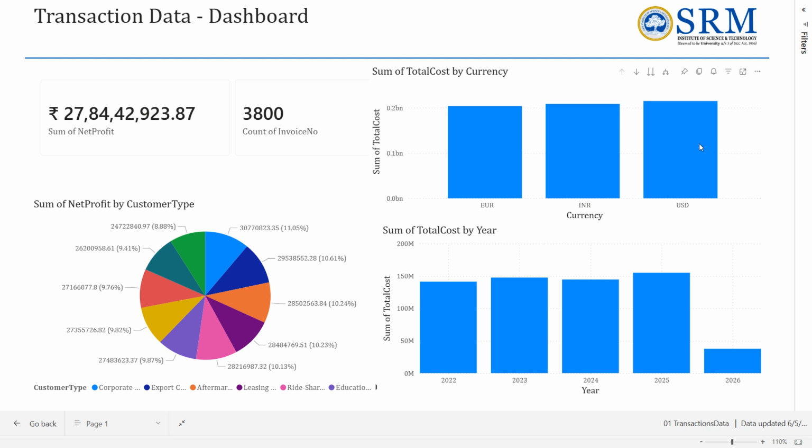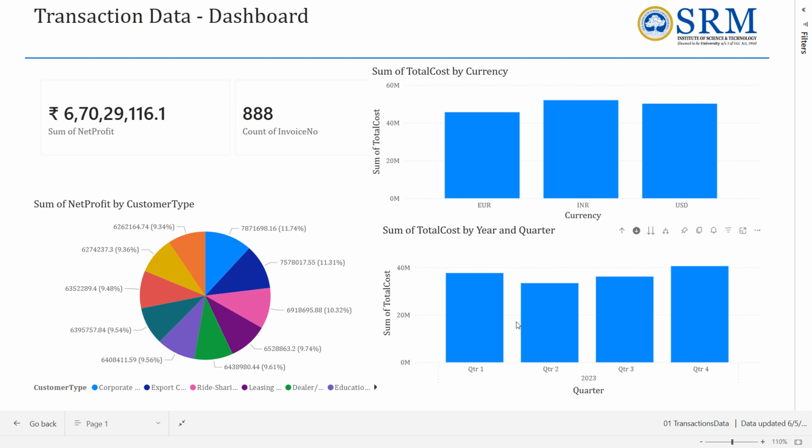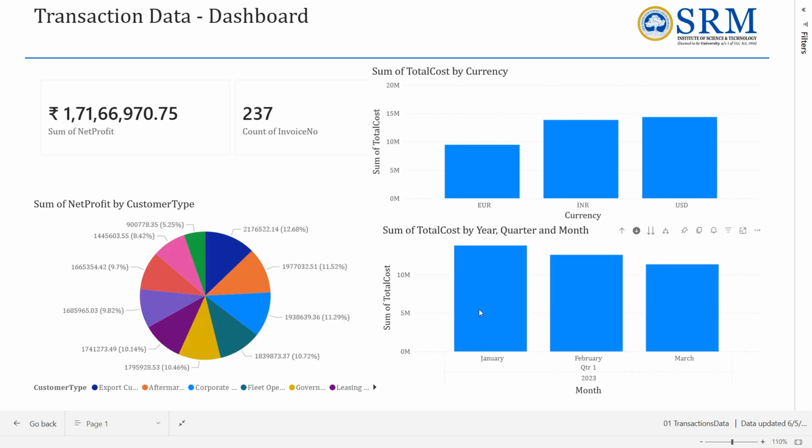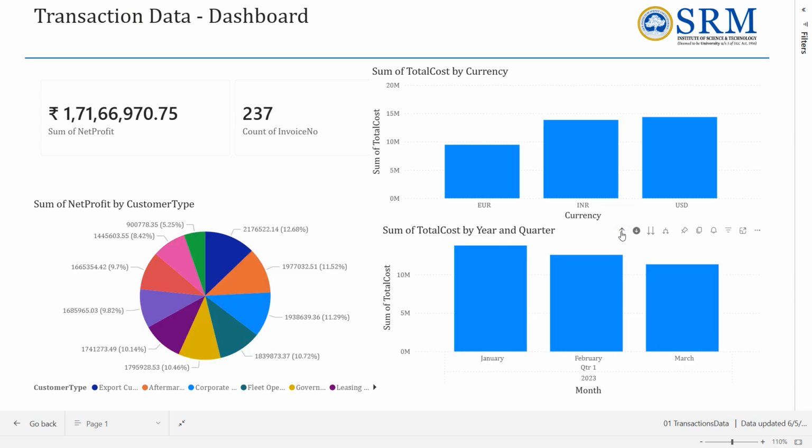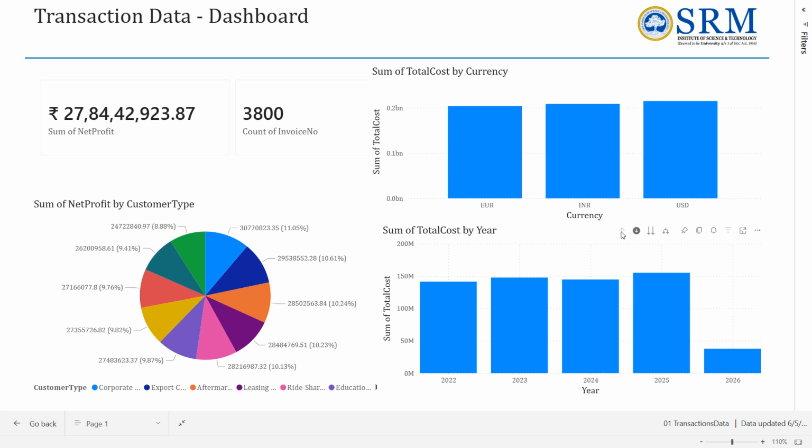Drill down. When I click the down arrow, it will work. When I go to the year and press the down arrow and click on year, you will get the quarter-wise report. When I click on quarter, you will get the month-wise report. When I click on month, you will get the day-wise report. So all the interaction, whatever you did, everything will work here. Now your report is published online. Escape to come out of this.